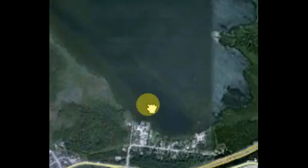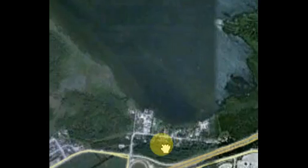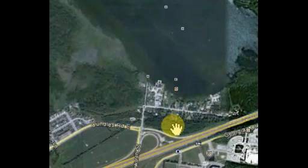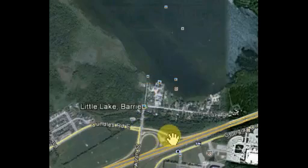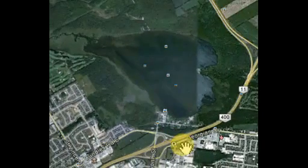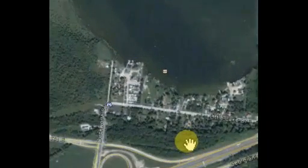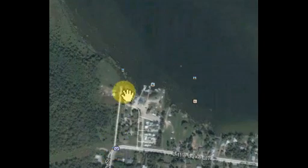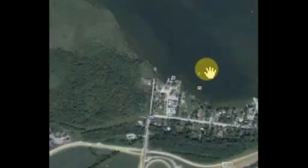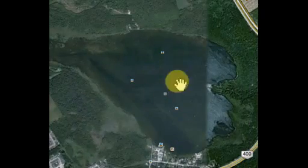right to Little Lake. Now, I'm not exactly sure what's down here, guys. There's a marina down here where you launch your boat. I'm assuming it would be here. But we have some board members that fish Little Lake. Maybe they'll give us a little heads up on where you actually park. Do you park along this road and walk? Can you go ice fishing? How does it work, guys? I'm not exactly sure. But anyway, that's Little Lake